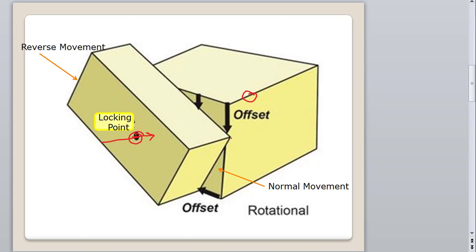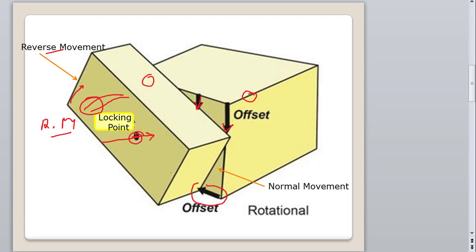Here you can see this block is moving in the downward direction, so here we have a normal component. Here this block is moving in the upward direction, rotated towards this portion like this. If we see the surface, the lineation should be in curvature form. So if in the field we are collecting the data, in this portion we'll get the reverse type of movement. As I have mentioned, this is the offsetting that is horizontal.